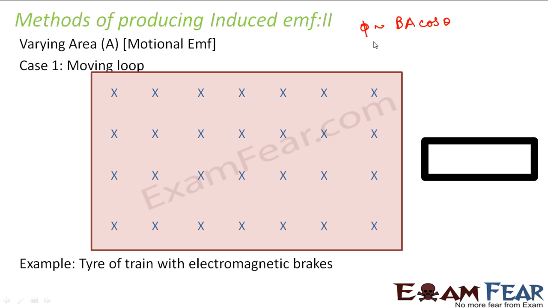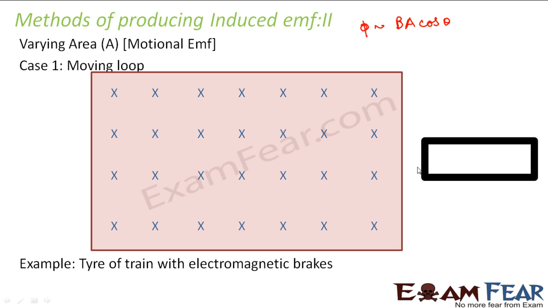That looks simple. But here we will see how it actually affects it. We will try to see it mathematically. We will look at many different cases of the same scenario where the area is getting changed in many different ways. We will consider the case of a rectangular loop at first. Here you can see this is your region of magnetic field where you have a perpendicular downward magnetic field. This is a rectangular loop.